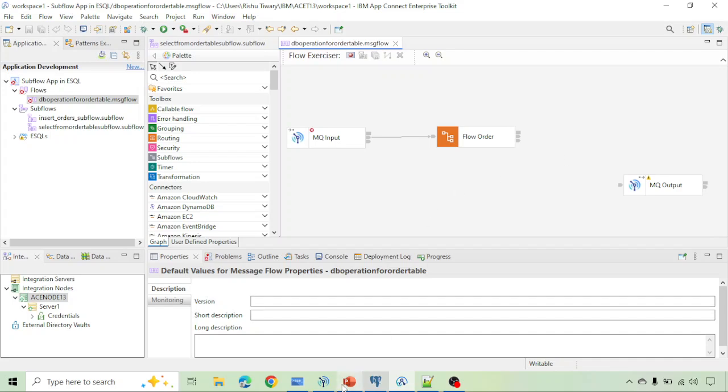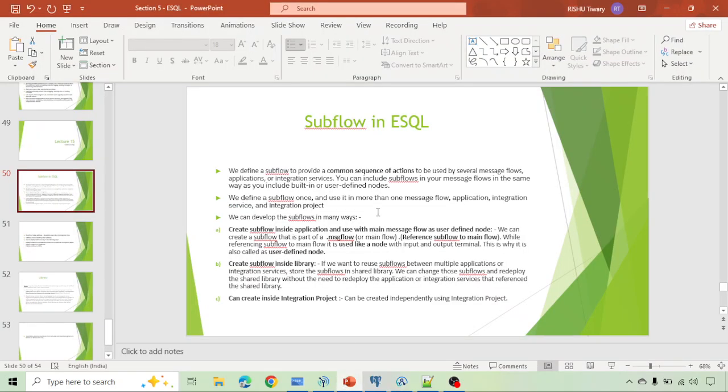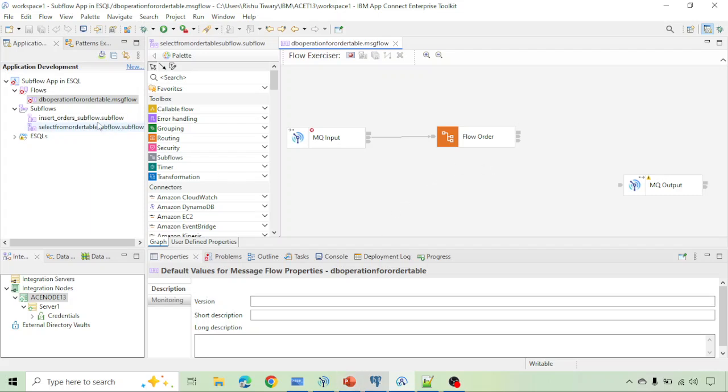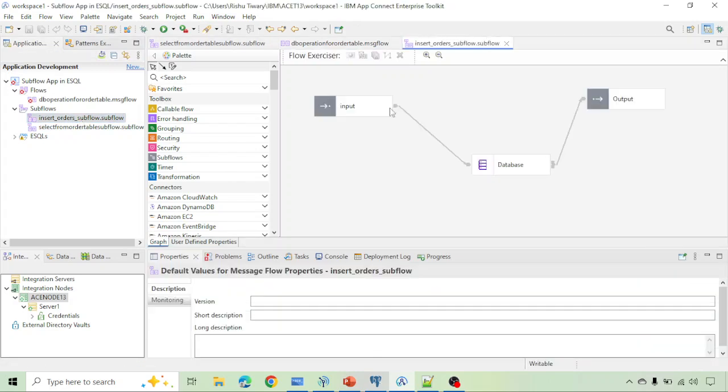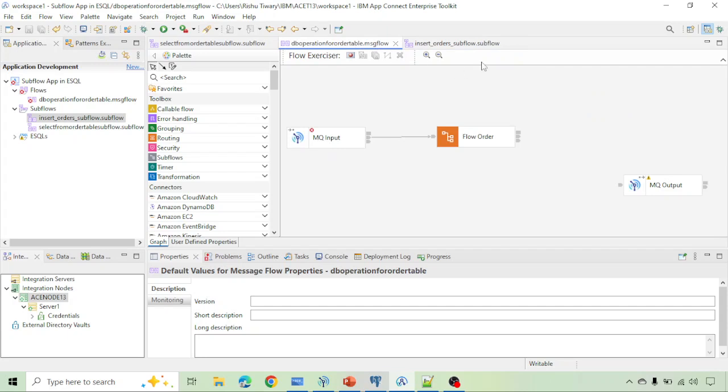That's the reason a subflow is called a user defined node, because we can write any type of code in the subflow. Although this is a very small example, we can write any type of code in this subflow, and it will work as a node,